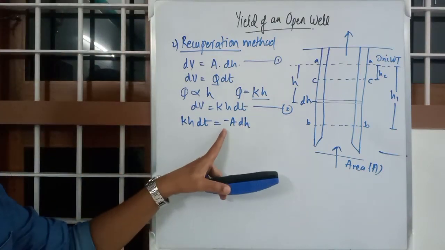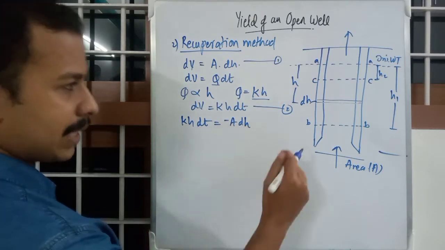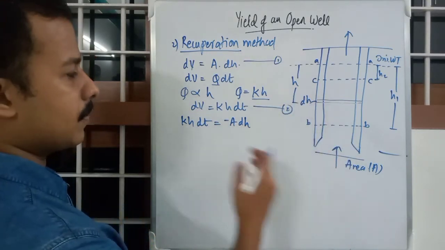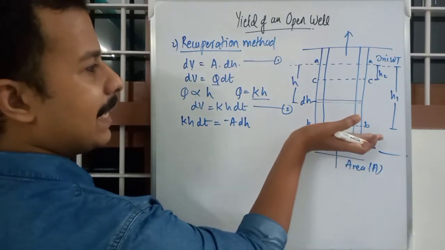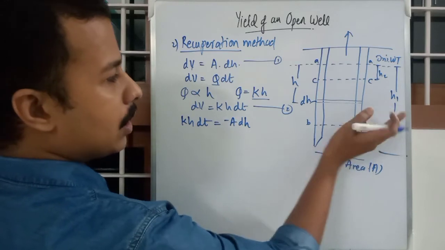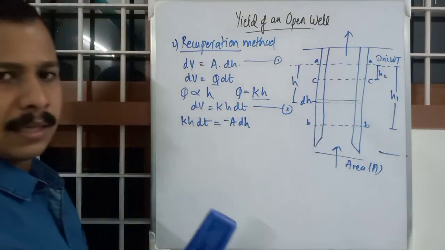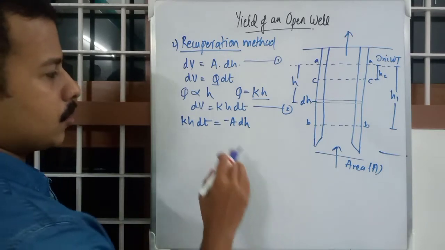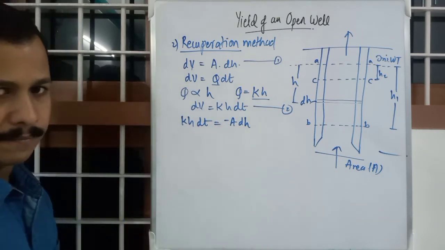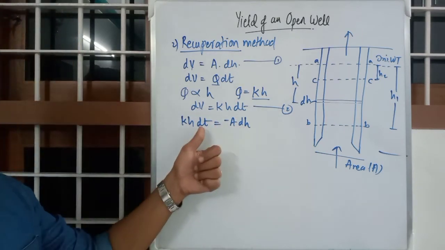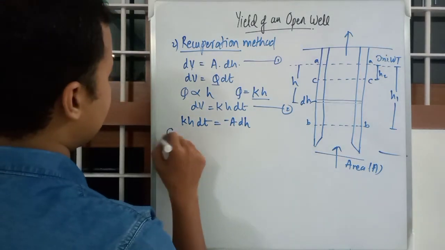Why the minus sign? The minus sign is because as dt is increasing, as the time is going on, what happens to H? H is decreasing. Initially it was H1, it is H2 after time t, and it will eventually be 0. So as dt is increasing, H is decreasing, so there is a minus sign. We have kept dt and dH separated for integration, as we know. So integrating